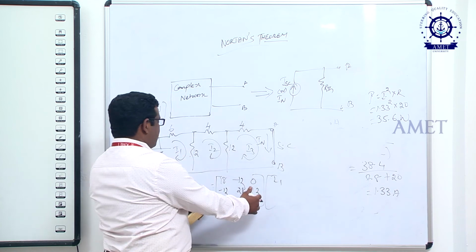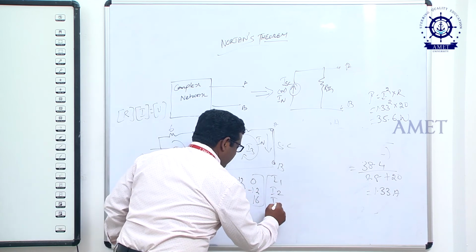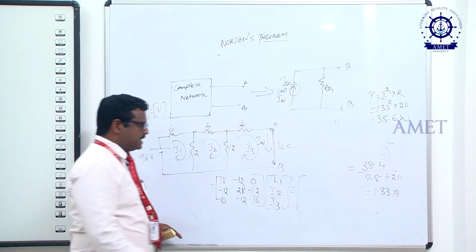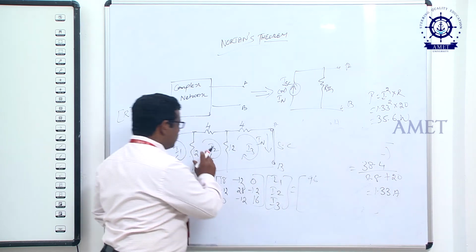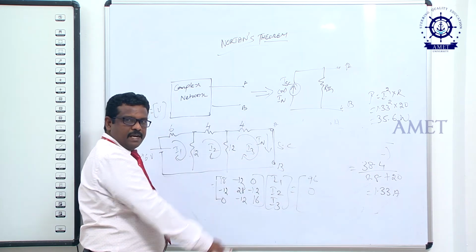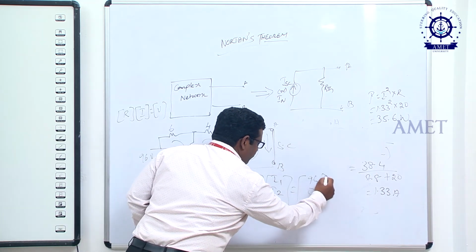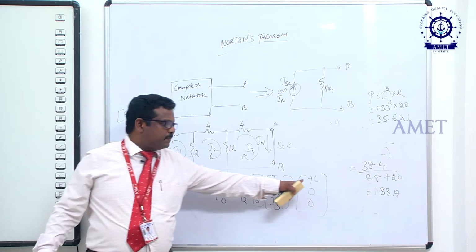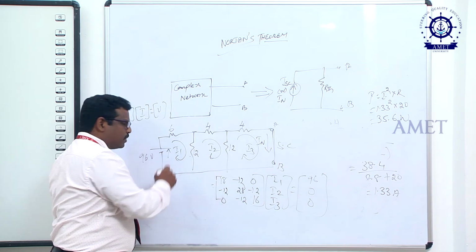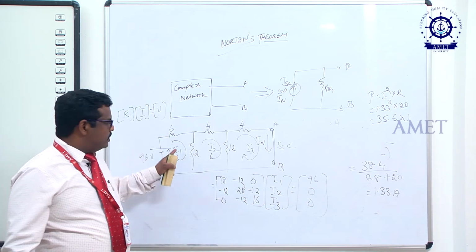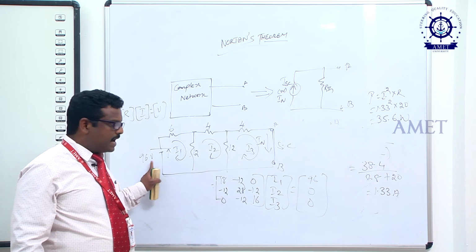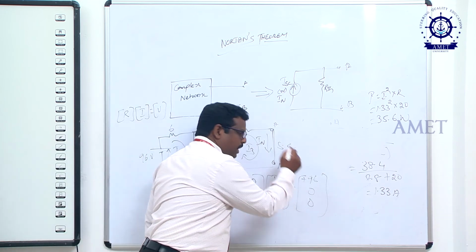So, this is the resistance R matrix, this is I1, I2, I3. So, what is V1? V1 is the 96 volts. Any other voltage source connected in the second loop? No. So, I put it as 0. Any other voltage source connected in the third loop? No, it is 0. Why I put it plus: my assumed current direction and the given polarity are both the same, and always the potential rises from negative to positive. So my assumed current direction also rises from minus to positive. So this one is plus 96 volts, clear to you, right.